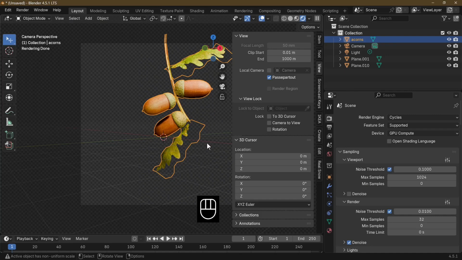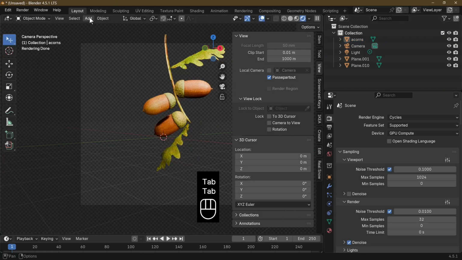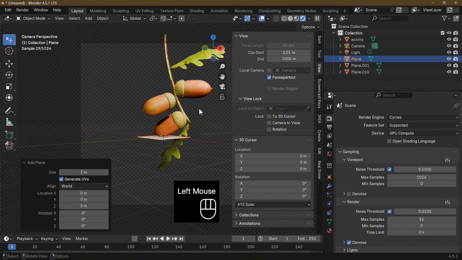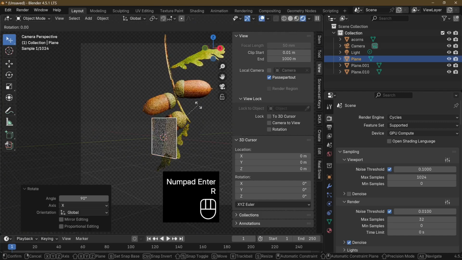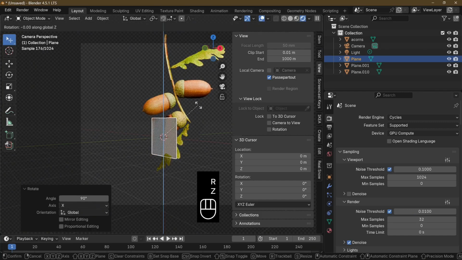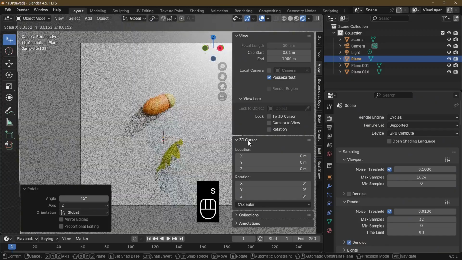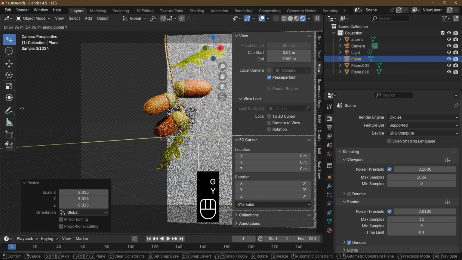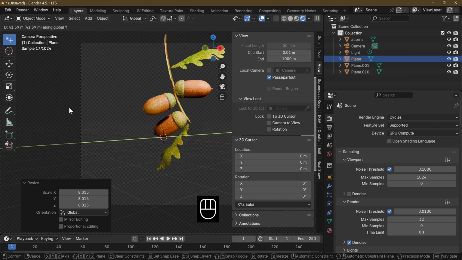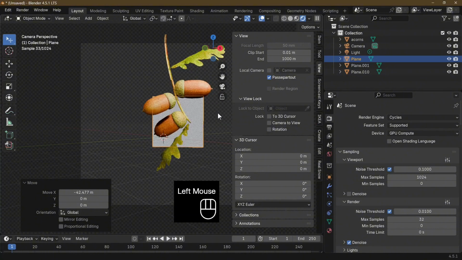Now with our scene created, what I'm going to do is add in a background to this scene. So I'm just going to make a plane, so add a mesh plane. I'm going to rotate this on the X by 90, rotate it on the Z so it appears behind my camera by 45 degrees, and then scale it up. As you can see, it's much too far over there, so I'm G and Y just to move it backwards a long way, and G and X just to move it back into position,